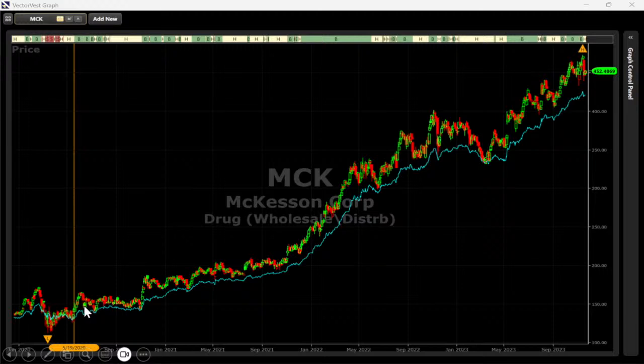based on its fundamental analysis and plan on holding it for a long time, with McKesson Corp, you could have bought this stock for the first time back in May of 2020 when it first got a buy rating and held it ever since. The stock price never closed below its stop price, and we never gave it a sell rating. So that's the type of strategy that you would look to use with a